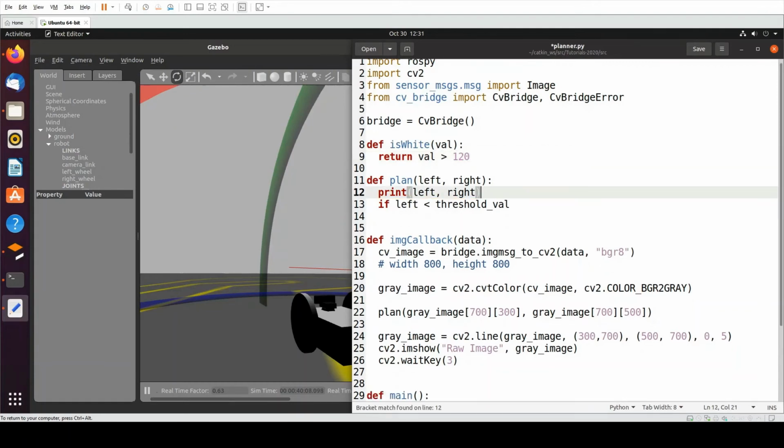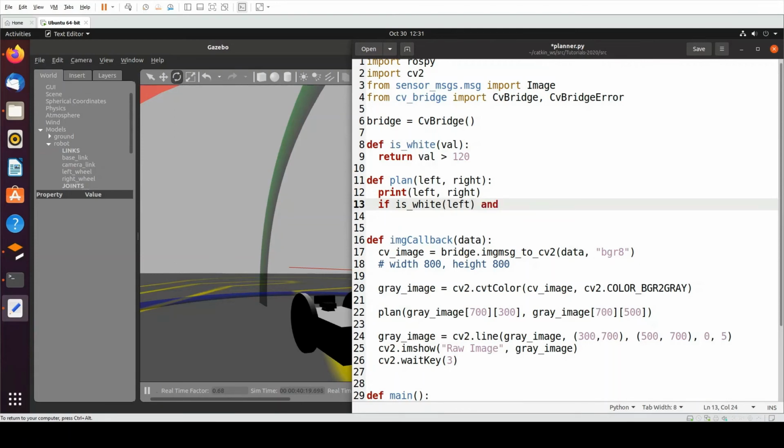Okay, so what we can do is, you know what, let's stick to the convention. So if left is white